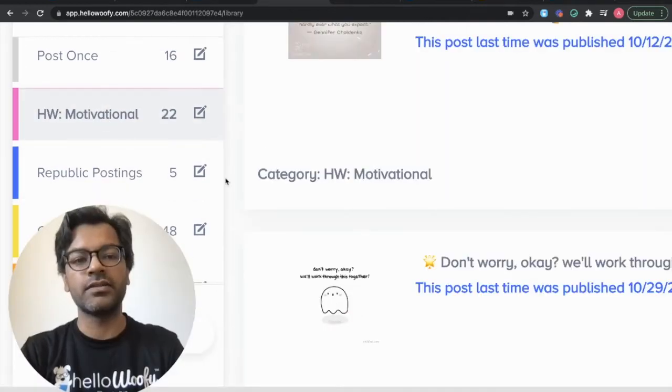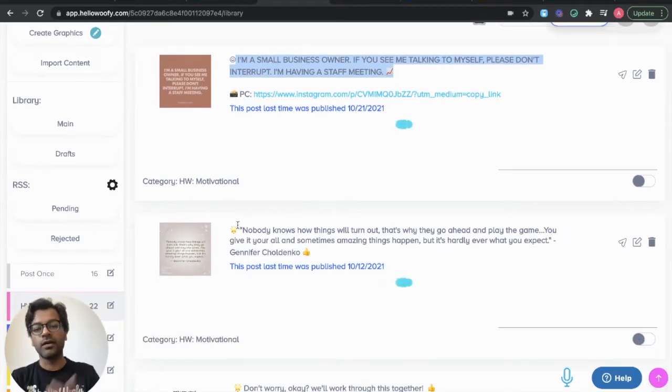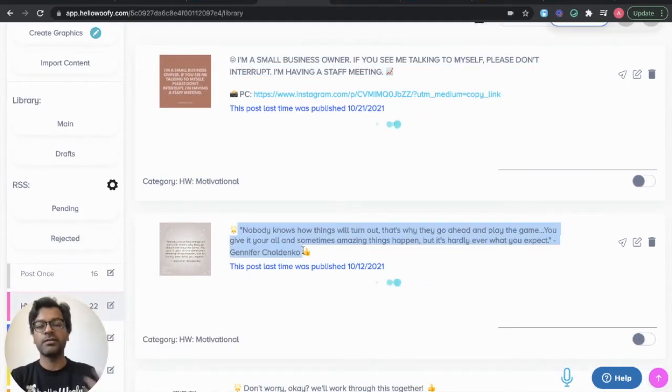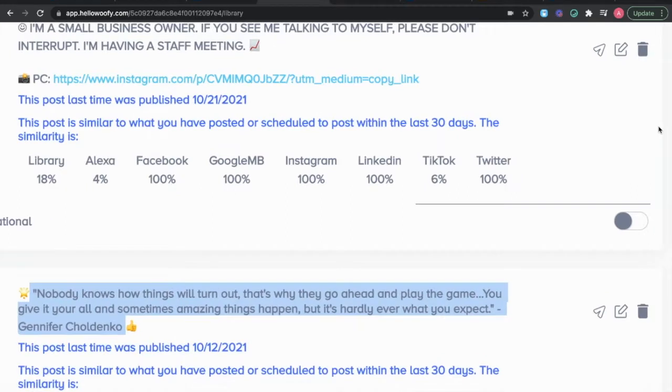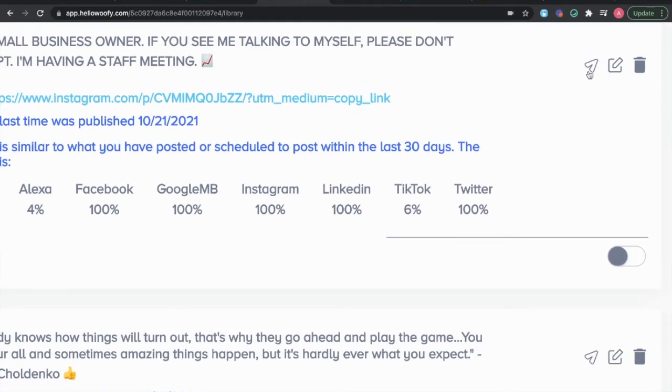But let's go ahead and use our motivation category as an example. So let's say you want to schedule this post here right this second. Great. You want to schedule it out to Instagram. And then I want to come in and schedule this, but I want to schedule it next week. Let's have it come out 7 days later. The way you and I would schedule any one of these posts that we curated and added to our categories is by hitting the little triangle next to the edit icon.